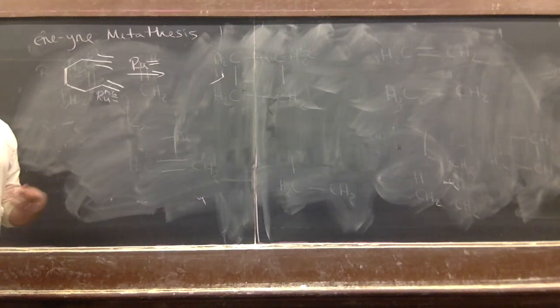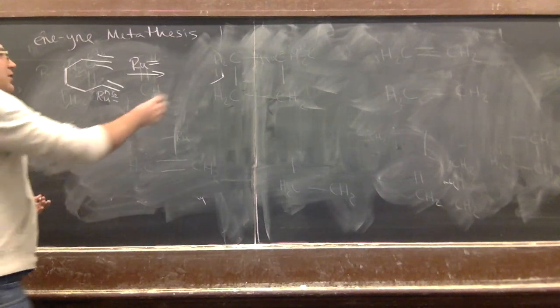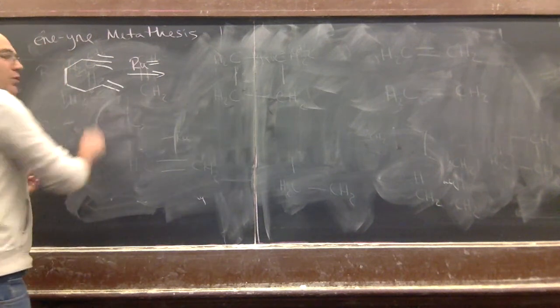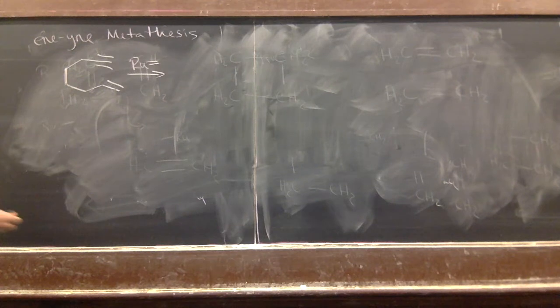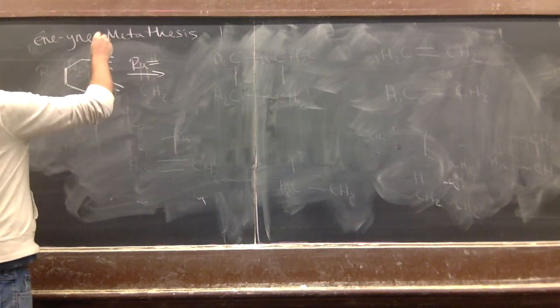Like an enyne cross ring opening. I have to think through the mechanism of that, but I'm sure something would happen, because it would be a ring opening enyne metathesis. Okay, so if instead you're up here,